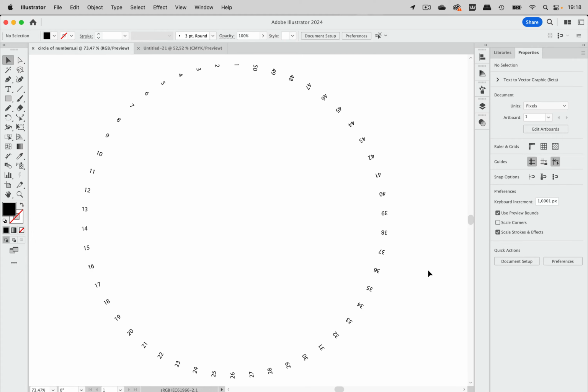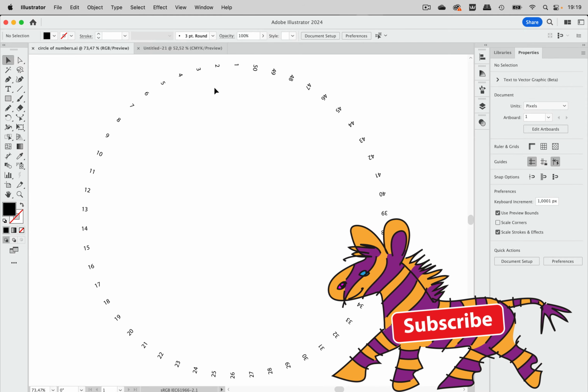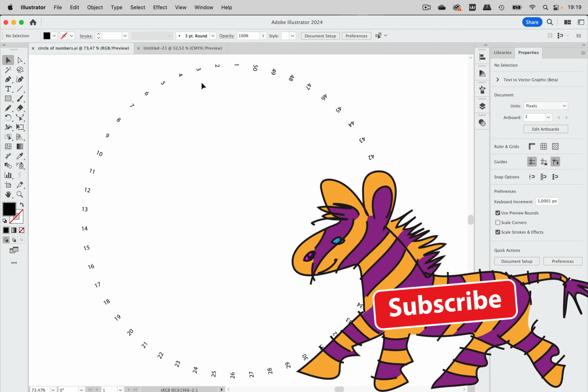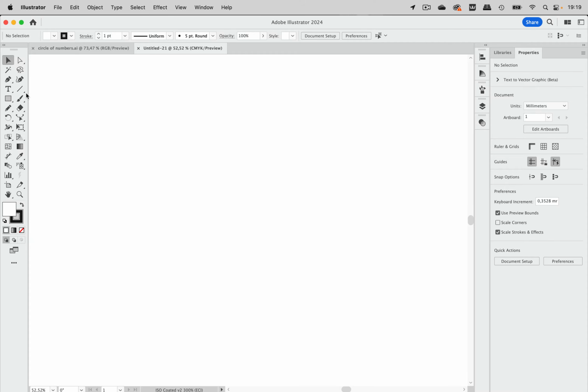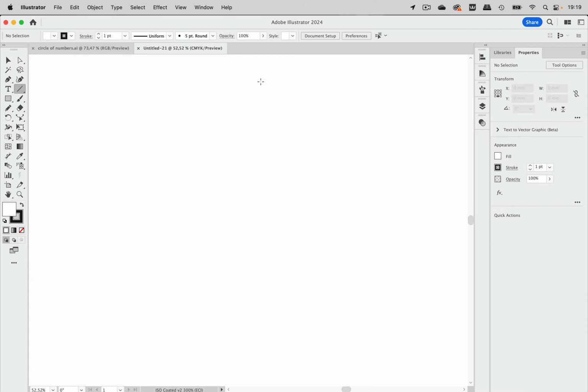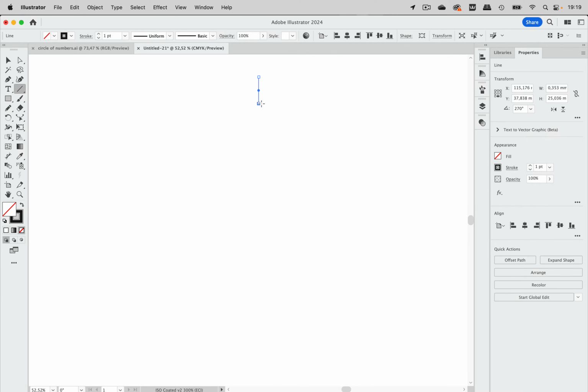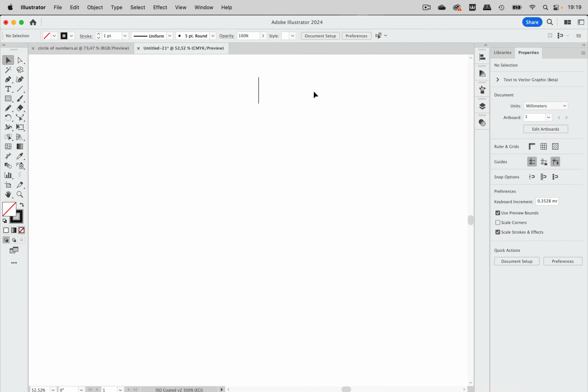In this tutorial we are going to create a circle of numbers going round like this one here. Let's start, and for that I'm going to switch to a new document and I'm going to start with a line. And note the direction, so I'm drawing the line from top to bottom. The line has a color applied